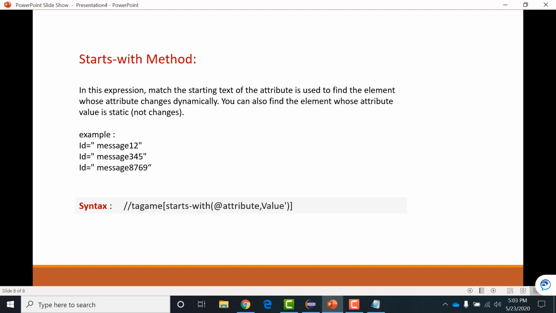In such cases, we can use the starts-with method. In the same way as we used the contains method with tag name, starts-with takes the particular attribute and its value. Wherever you think that the starting keyword of your attribute is not going to change, you can use the starts-with method.